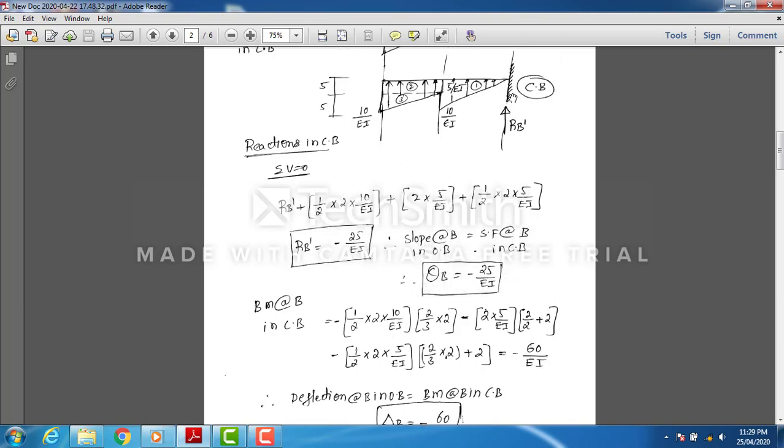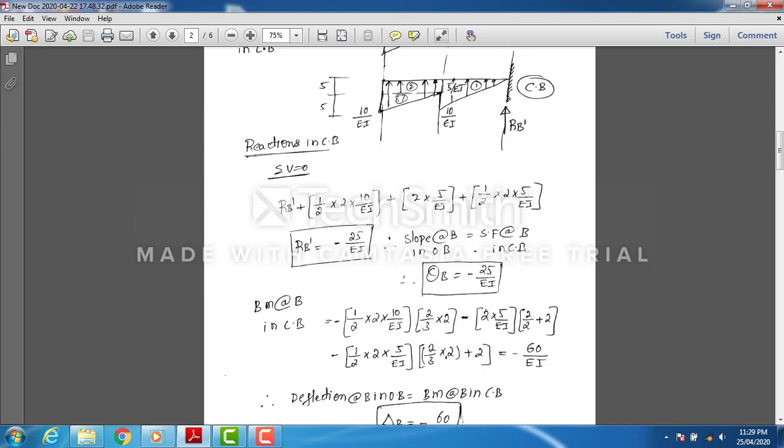find the deflection at B, which means we should find the bending moment at B in the conjugate beam. So you have to take all these areas about B. All will go in the clockwise direction, so you can call it negative from the right side, since clockwise is taken as negative. First let me take area 1, and I will divide this area into standard sections. Here we have two triangles and one rectangle. The area of the first triangle is half into base 2, height 10 by EI. For the moment of this area about B, take 2/3 of 2 towards the sharper edge. So area 1 is over.